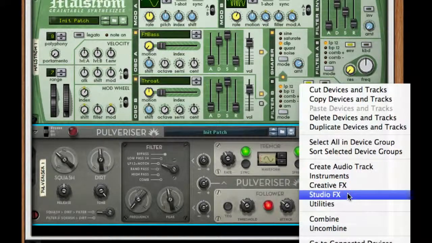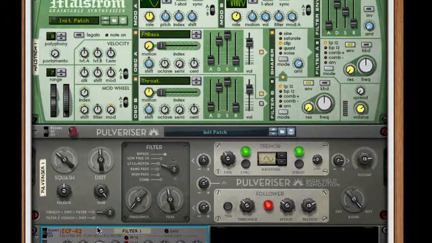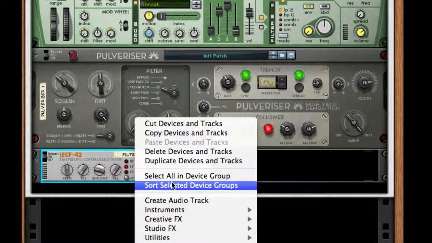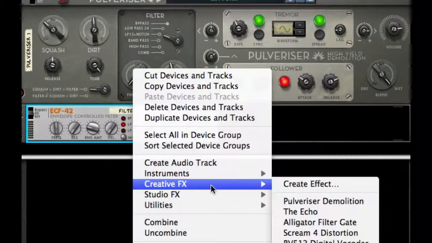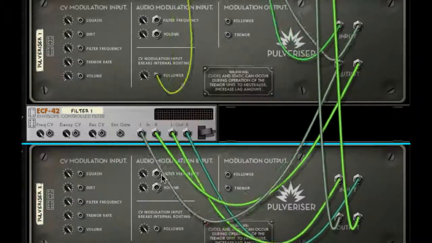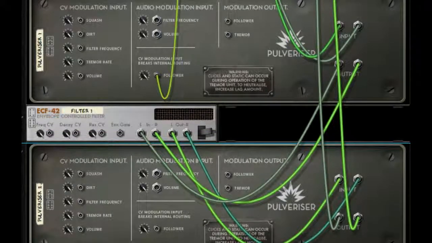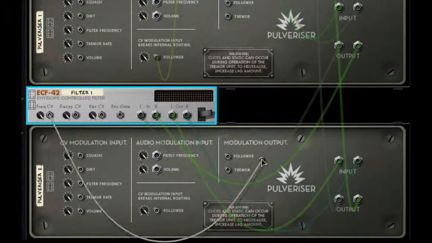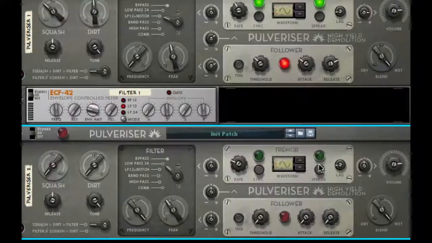So basically, I'm going to create a, what the crap is this called? Envelope controlled filter. It should really just be called ECF for short. Anyways, after this, the only way to really make this into effect is really adding another pulverizer. We hit tab to flip it over, and I'm taking my frequency CV and plugging it into my follower. Now if we hit tab again,